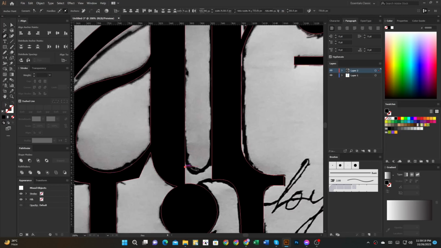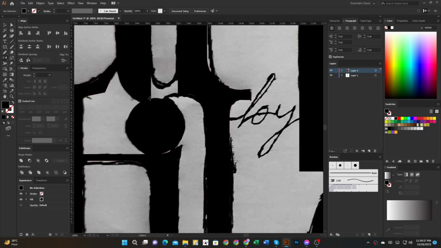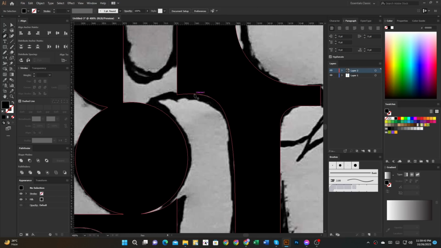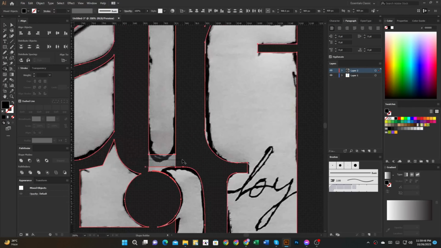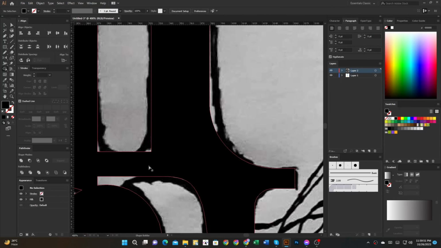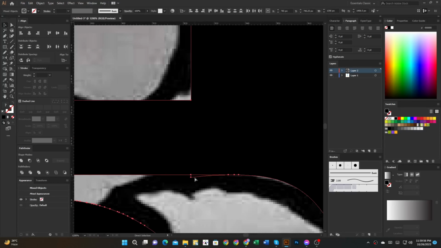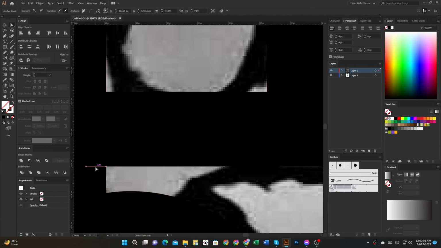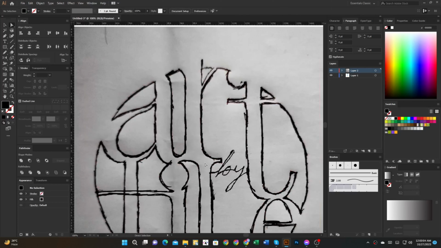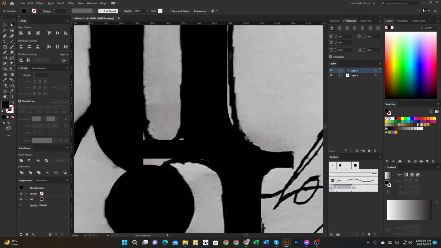Then I use a pen tool. Now it's for color selection. Then it's some rounded.